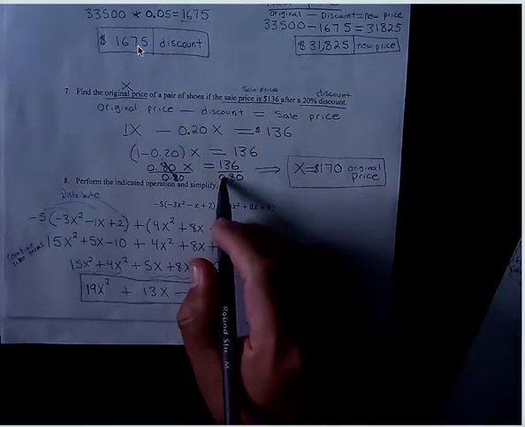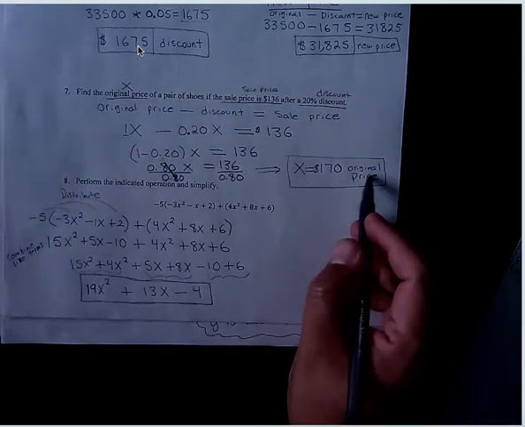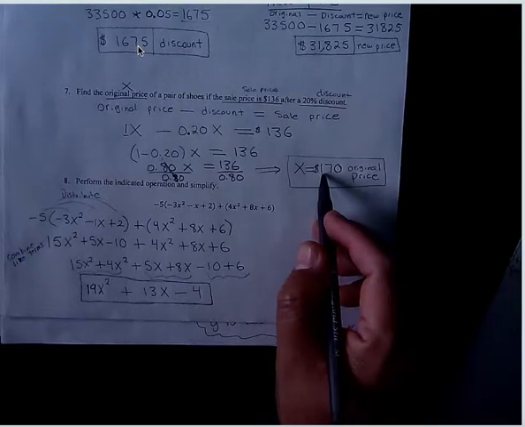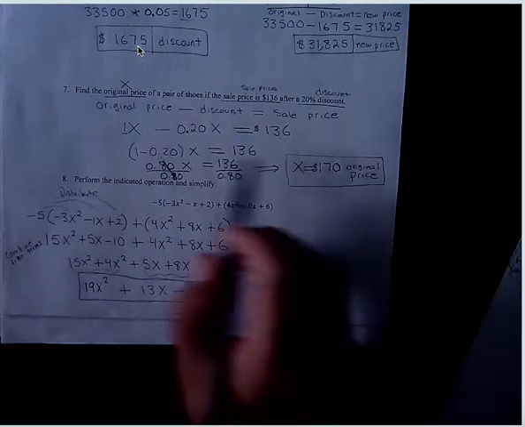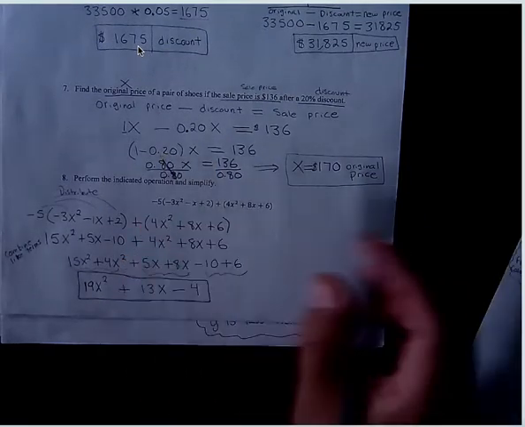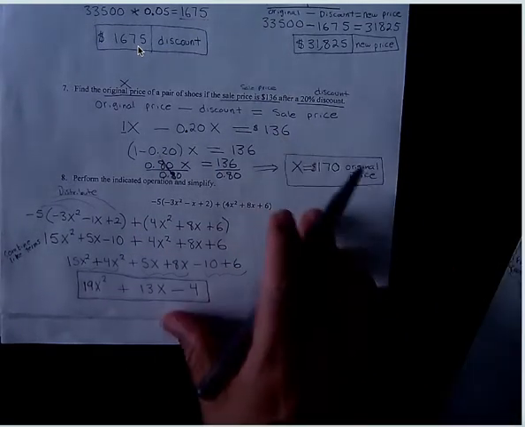When you divide this, it gave me 170. So that's the original price. The original price of the shoes was $170. They took away the 20%, and it gave us a sale price of 136. Okay,